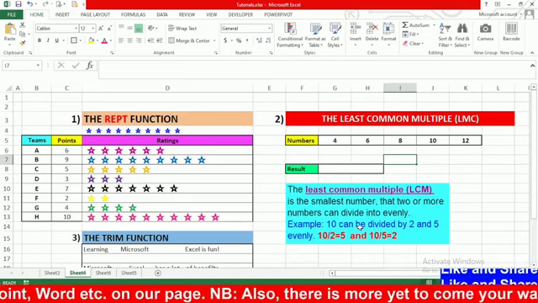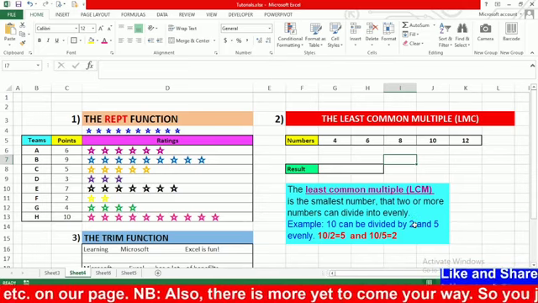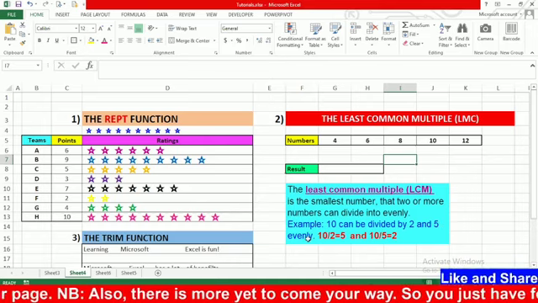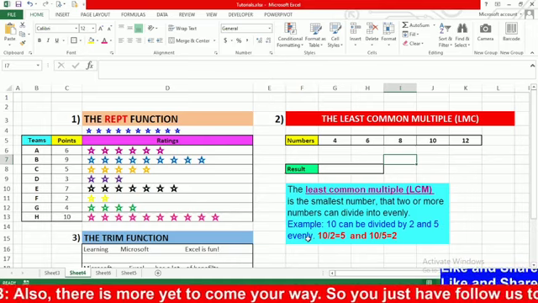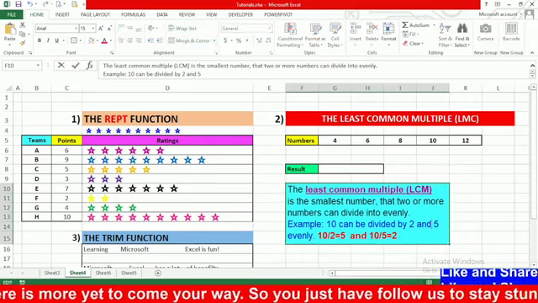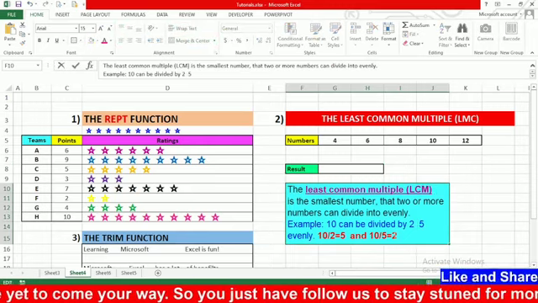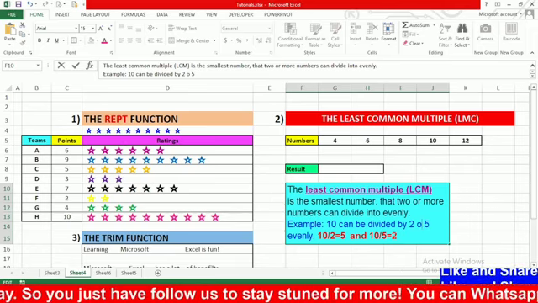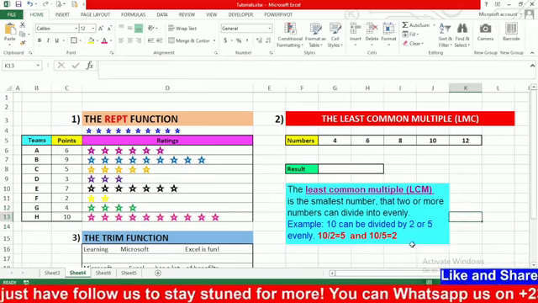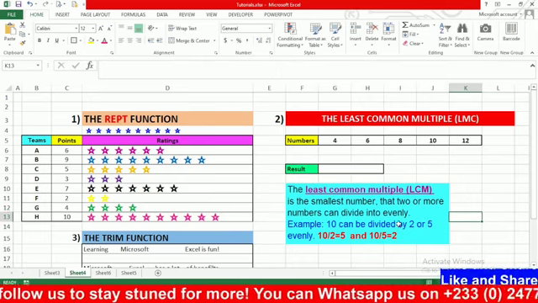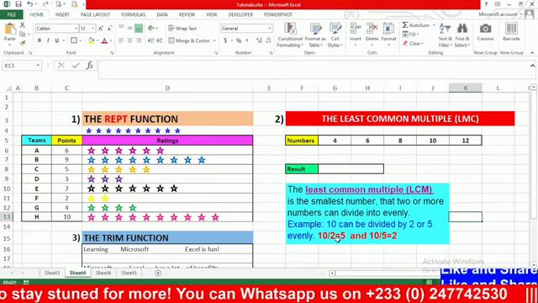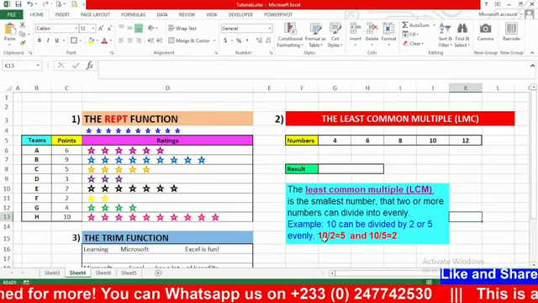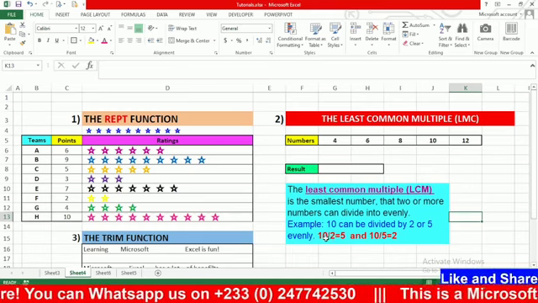Example, 10 can be divided by 2 or 5 evenly,